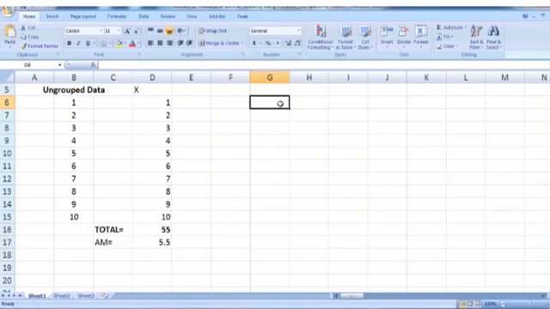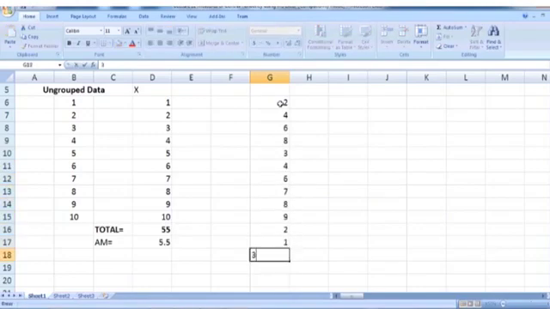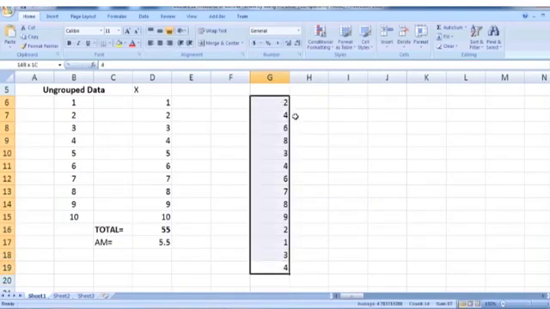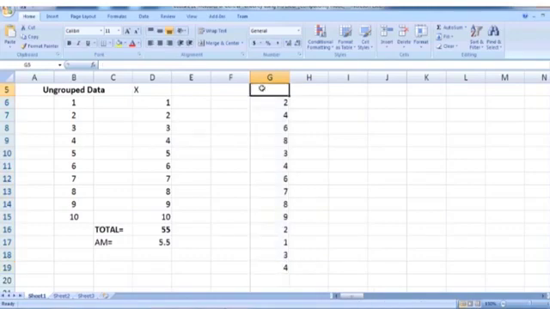So suppose we have some other data set 2, 4, 6, 8, 3, 4, 6, 7, 8, 9, 2, 1, 3, 4. So just count total number of observations. So just select the data. Here in the name box we can see that it is saying that there are 14 rows and 1 column. So 14 rows and 1 column have been selected here. So it means there are total 14 data points. So we are interested in calculating arithmetic mean of this ungrouped data.